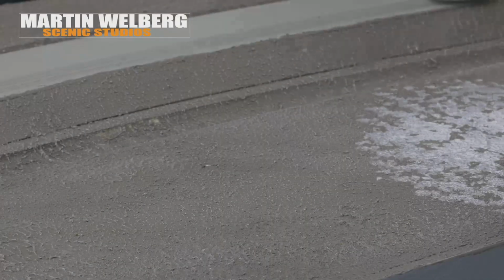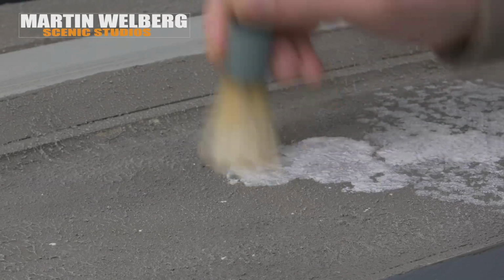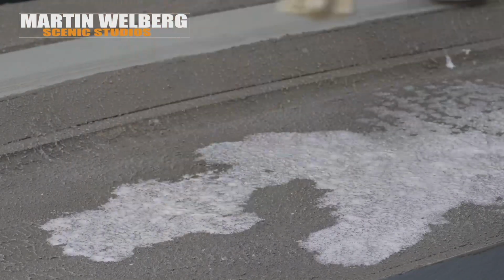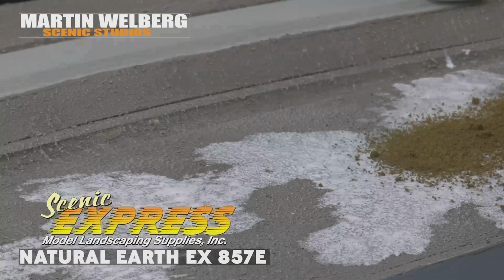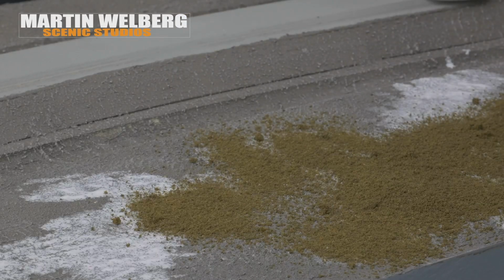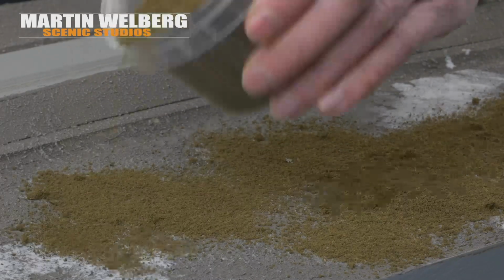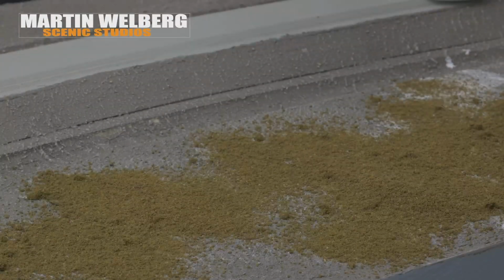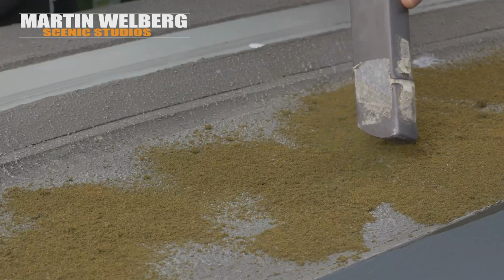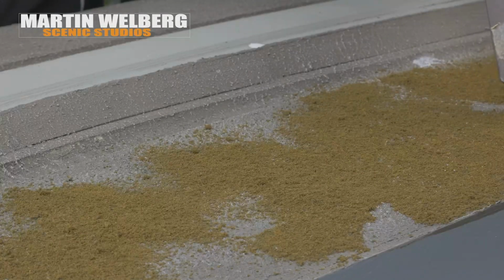So with our base color on, we can start with irregular patches of glue. We use the glue we also prepared for the grass fibers, and depending on the area we like to model, we add real soil or a fine turf in the earth color you like. I use a lot of Scenic Express flock and turf, very nice fine tones, and I prefer a fine earth tone like the Natural Earth EX857E, which I use a lot also in my regular production. You keep in mind where you want your dirt rows and footpaths, and after it's dry, for me most of the time overnight,